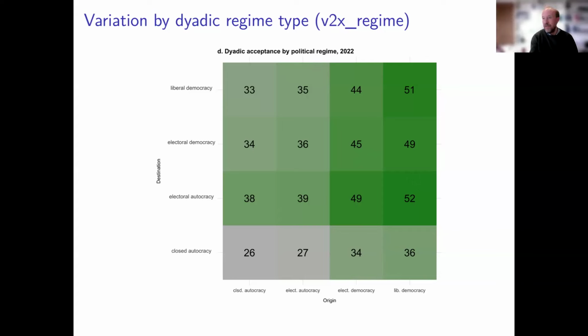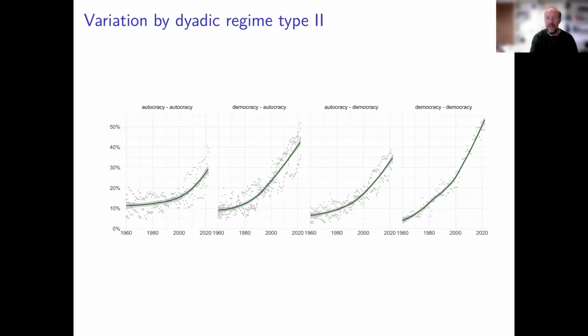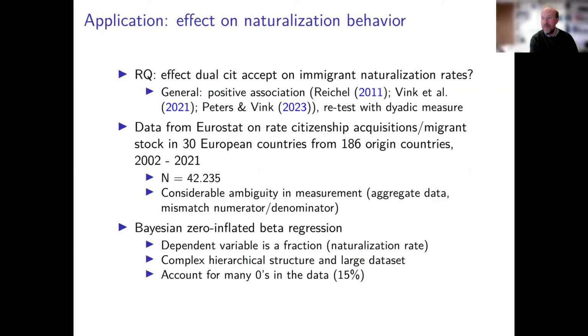In the paper, we just include this as an illustration of what you can do with the data. We don't include a systematic analysis of the association and perhaps the causal relation between political regime characteristics of the dyad and citizenship policy and other potential elements. Right? So this is something that is to be studied further. You also see that the trend of dual citizenship acceptance is strongest with regard to democracy dyads. Okay, a couple of minutes and I will wrap up, Daniela.